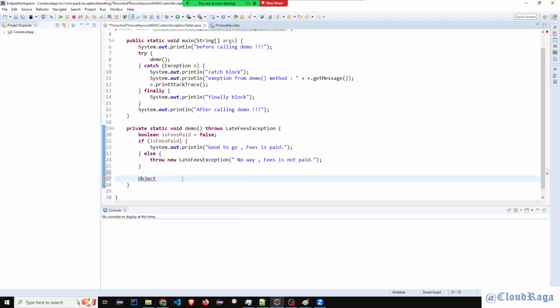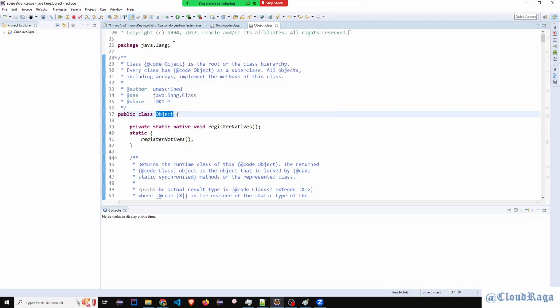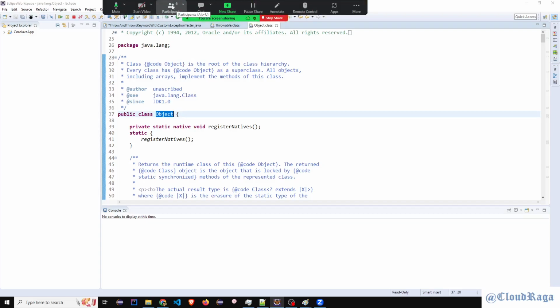How to see this object class? If I click over it, there it is, public class Object. Where is it present? Inside the lang package. And what's the special thing about this lang package? Yes? Anyone?